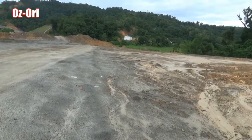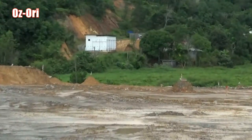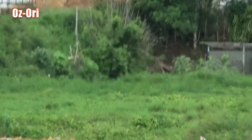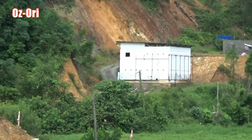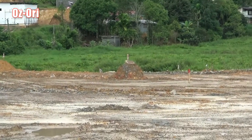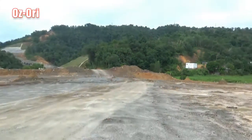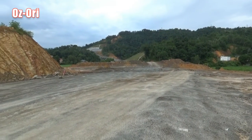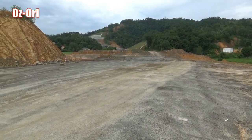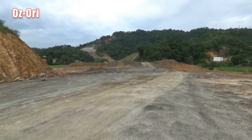And this is my friend Mr. Paul's bird house. Oops, where is it? That is his bird house. Somewhere there. And that's where the Pan Borneo is heading eastwards to connect to Inanam. And over the left